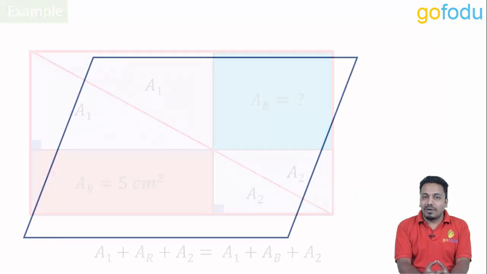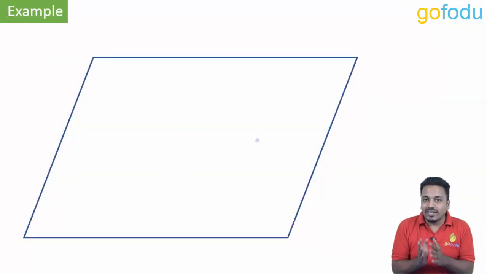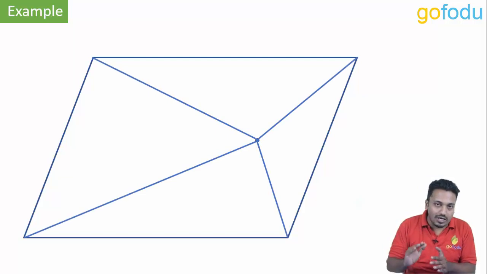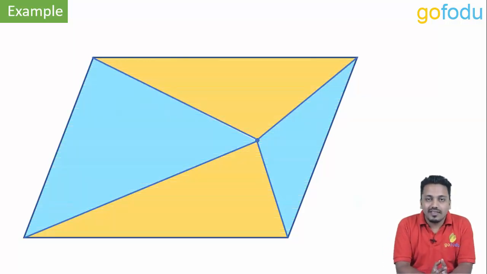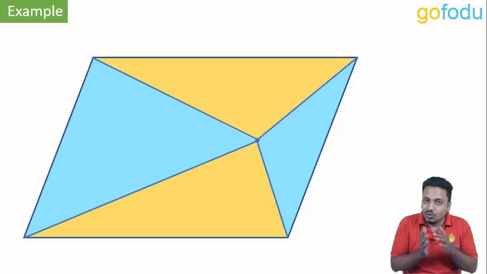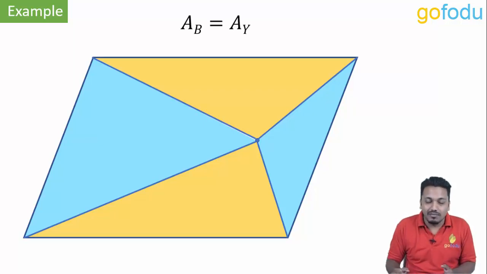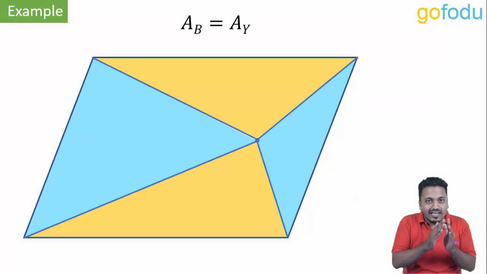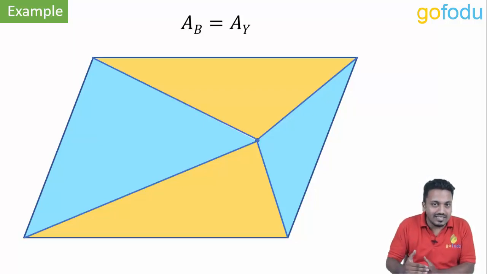Next, we have a parallelogram. Pick a point inside it and join it to its corners. As I said earlier, in most of such questions, the 2 areas are equal. Here also, blue region is equal to yellow region. But why? Think about it. Only logic you are going to need is diagonal of a parallelogram divides it into 2 triangles of equal area.